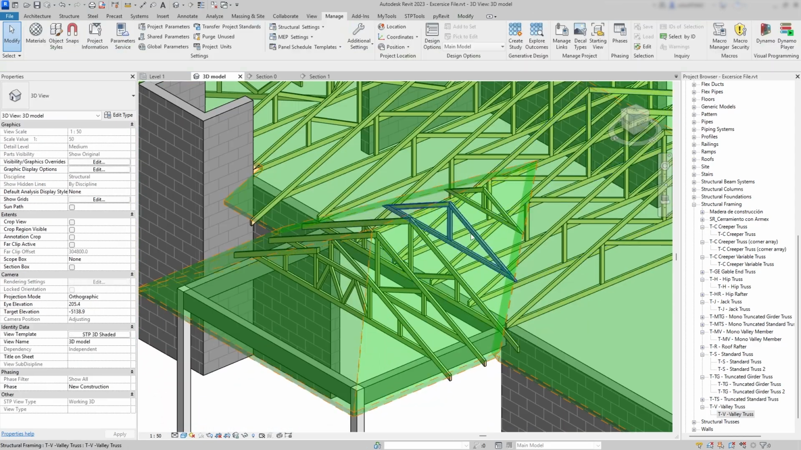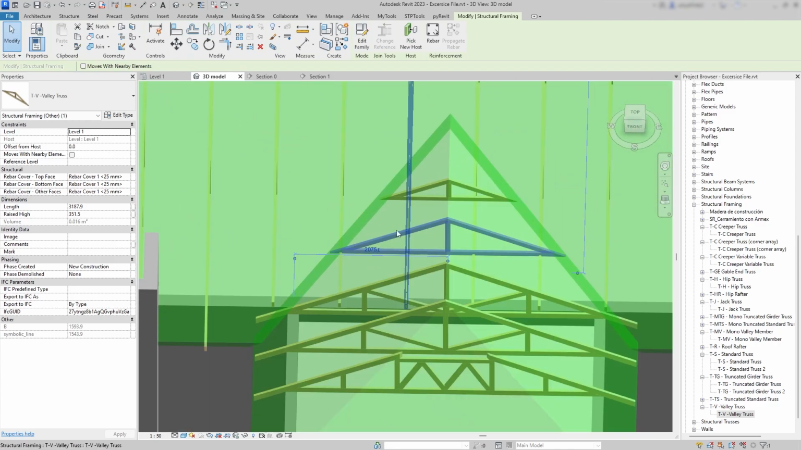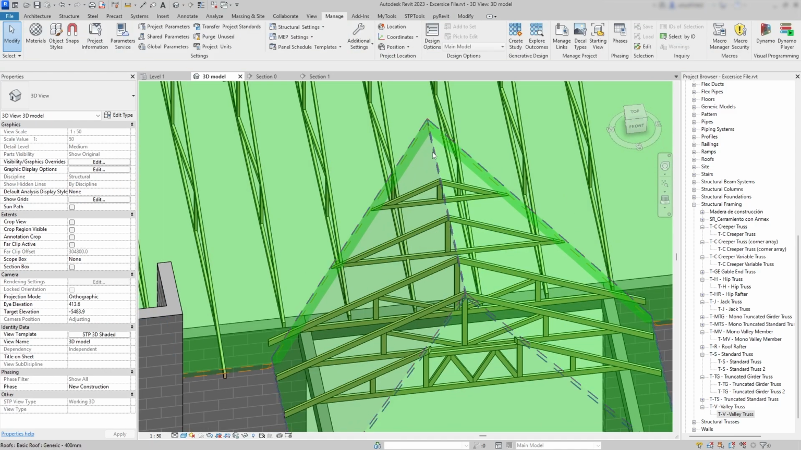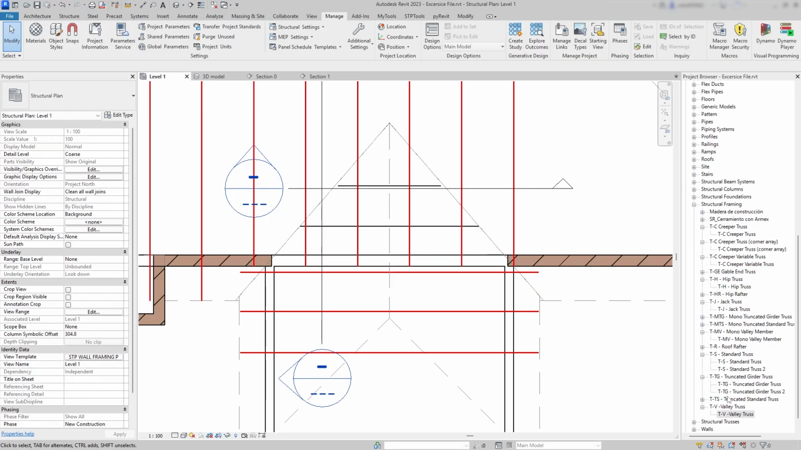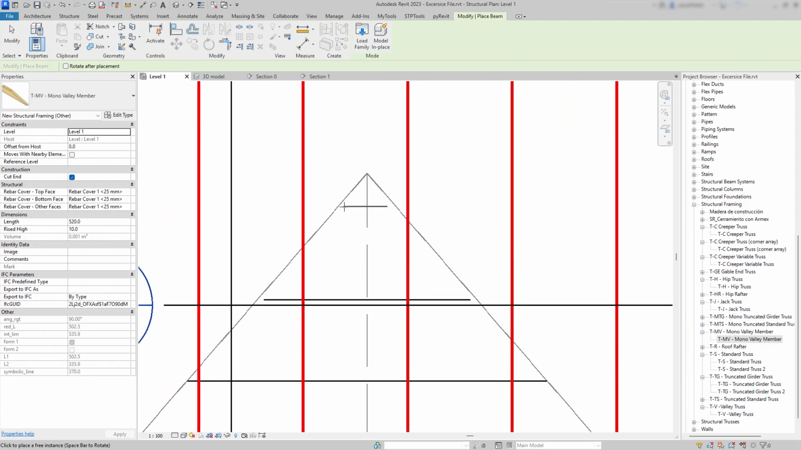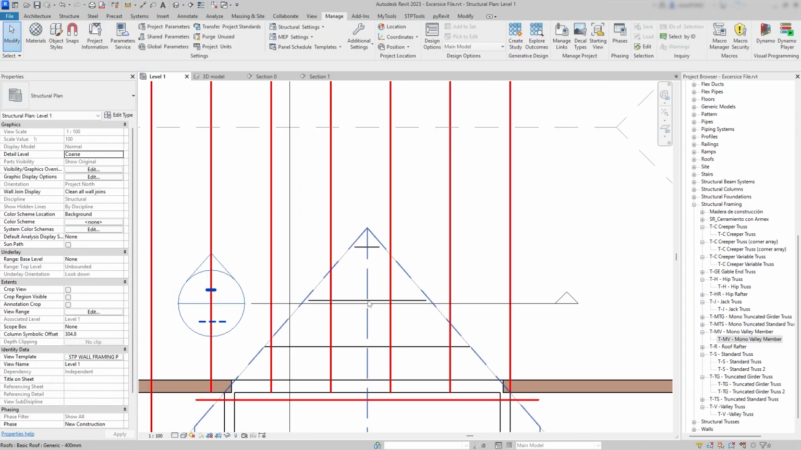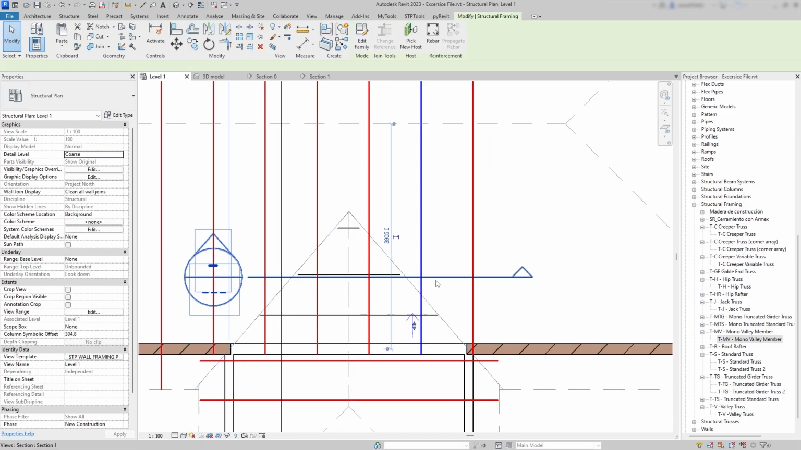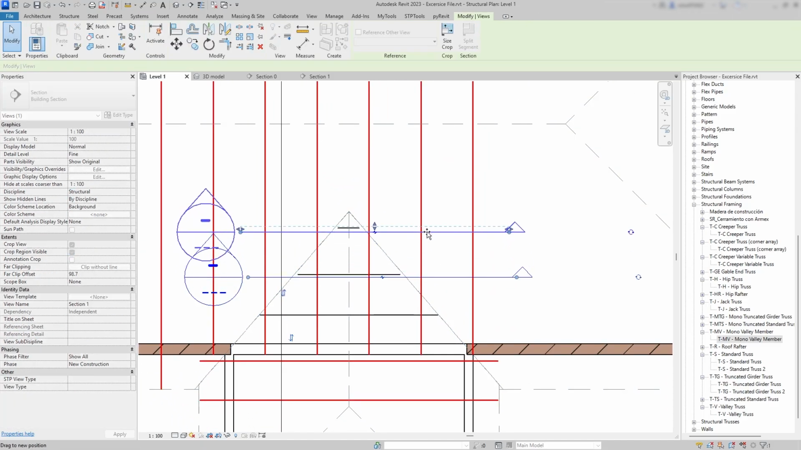trusses are adjusting automatically. For this last part of the roof, using a full valley truss is no longer practical. So instead, I'm going to use a family called Mono Valley Member. I switch back to the structural plan view and drag the family into the model. I place it roughly aligned with the center, and then I go back and fine tune it using the section